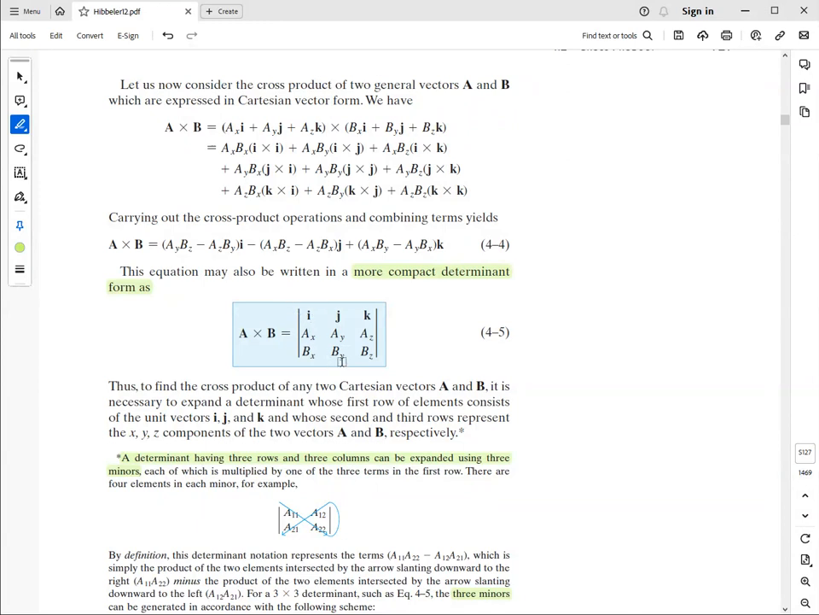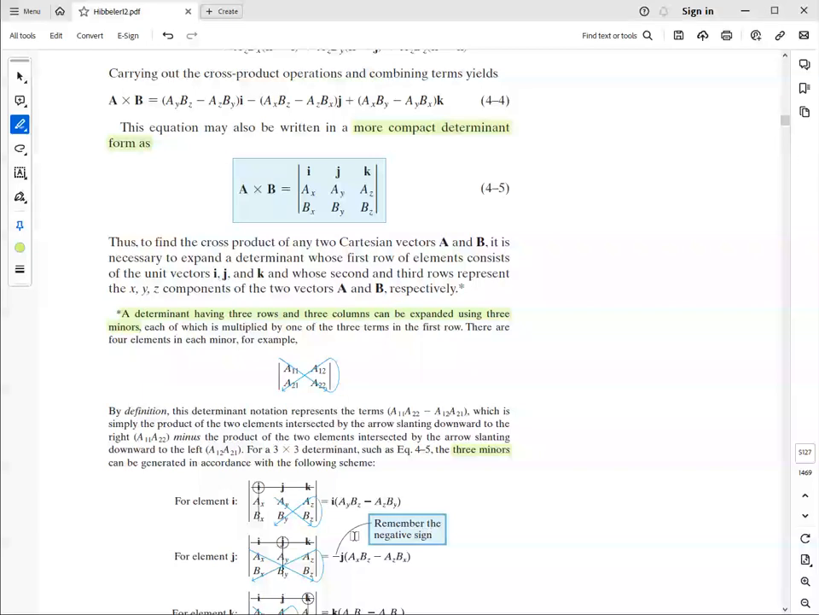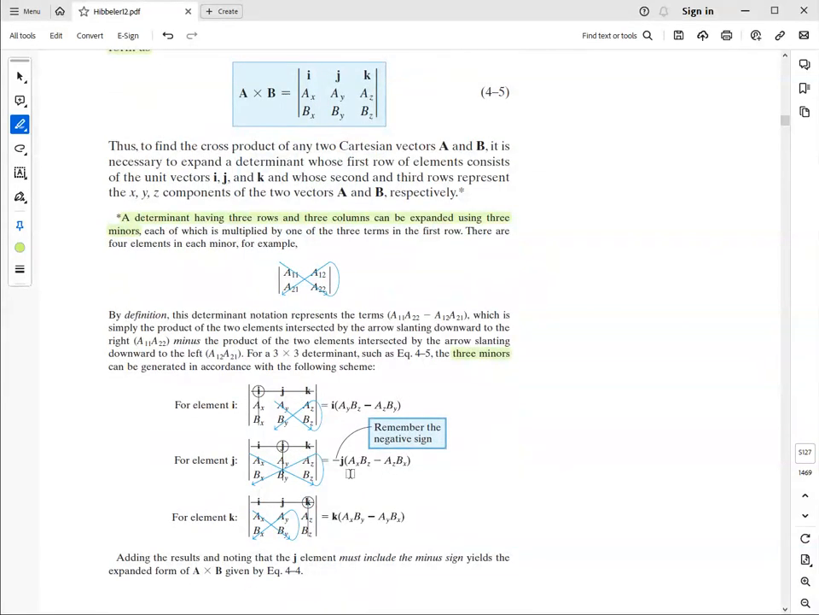So I have i unit vector times ay bz minus az by. These are products between scalars. And then j, this is 1, 1, this is 1, 2, so it'll be negative. So negative j, and then I have ax bz minus az bx plus k unit vector times ax by minus ay bx. All right, everything else is explained here again, expansion of the determinant